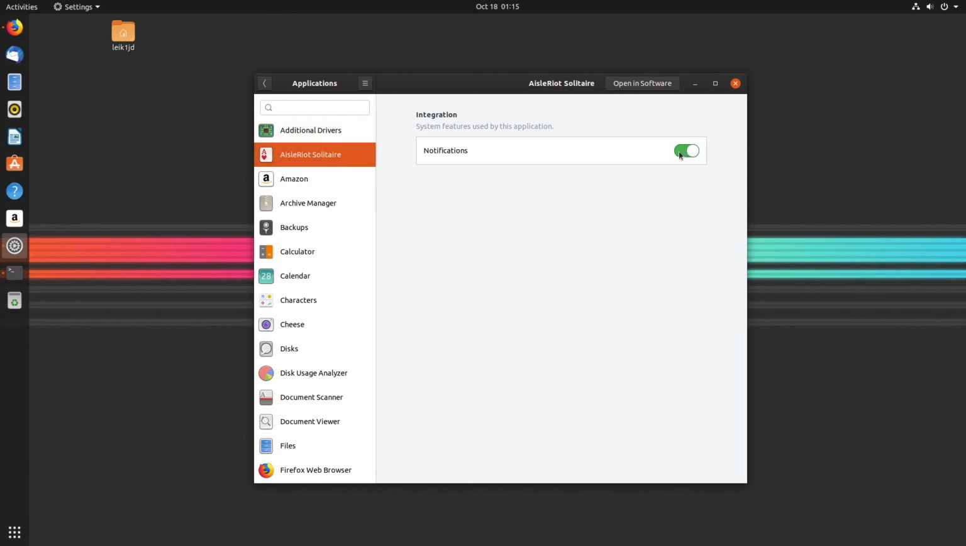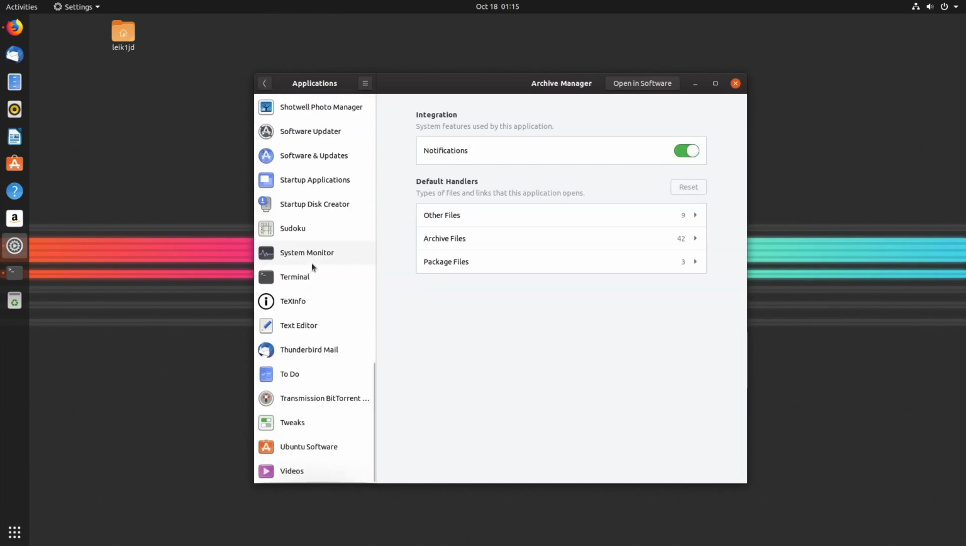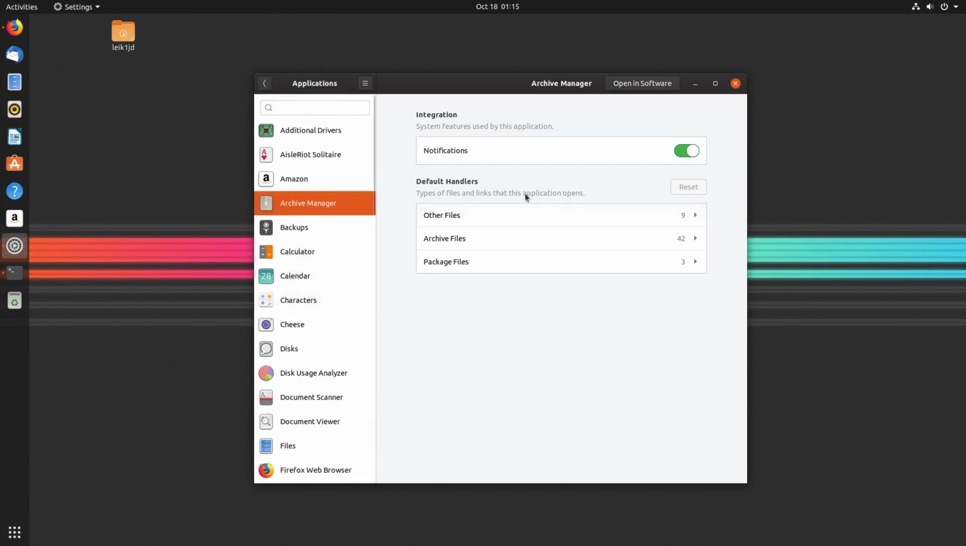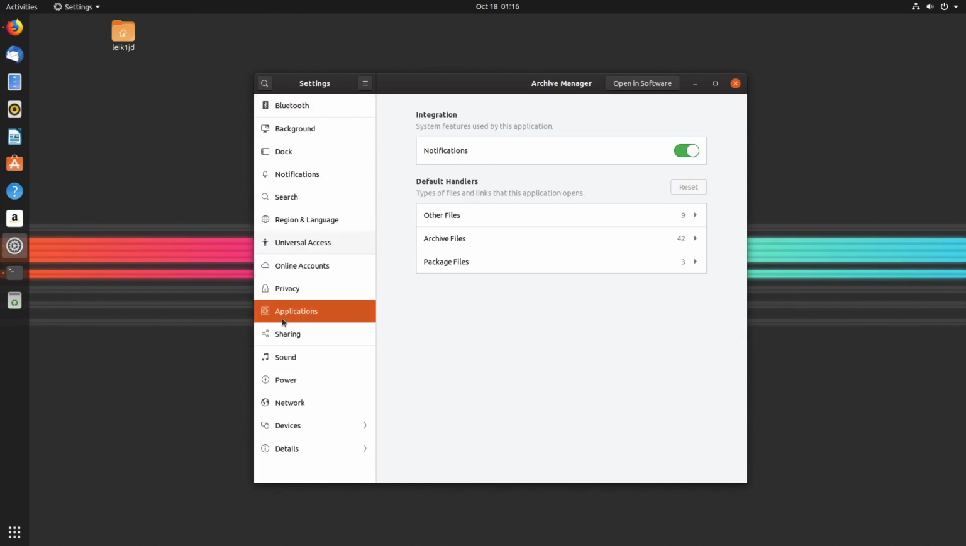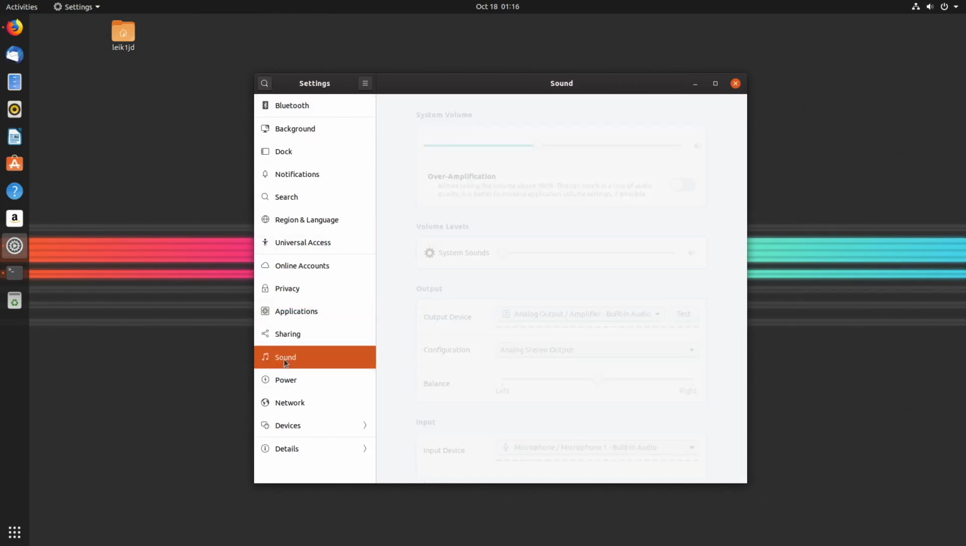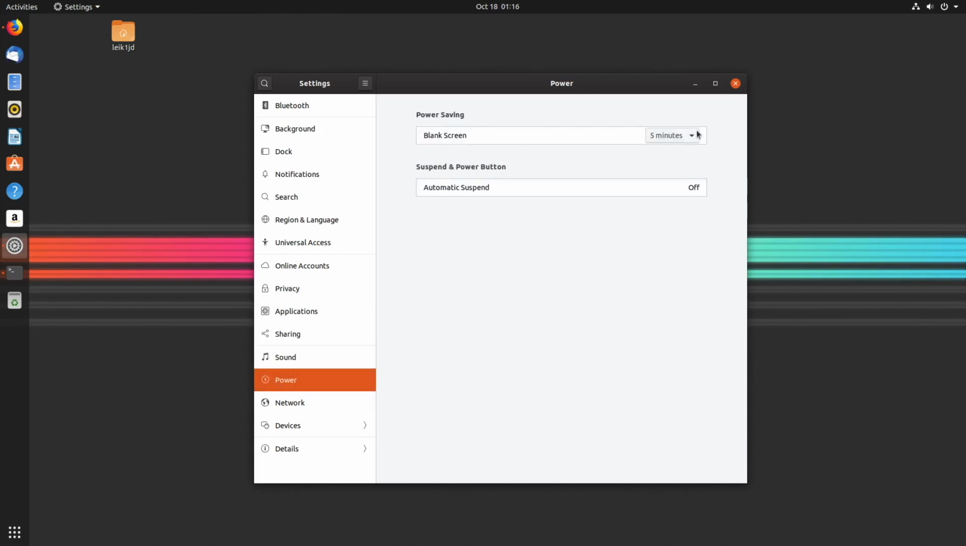solitaire. Definitely don't need notifications on that. Amazon does not need notifications. You can go through the list of everything installed. I do wish there was sort of a global disable for the notifications, but maybe in a future version. Screen and media sharing, sound settings, power,